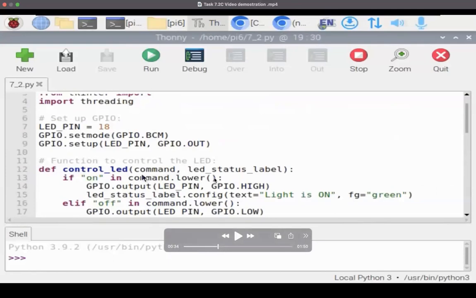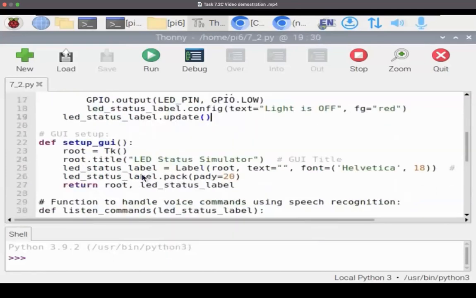And when you come to the def setup_gui function, it is used to set up a basic graphical user interface using the Tkinter library in Python, creating the GUI window. Inside the function, I create a Tkinter window by calling the Tk constructor, which creates the main window object. It sets the title of the window to LED status simulator using the title method, and creating the label